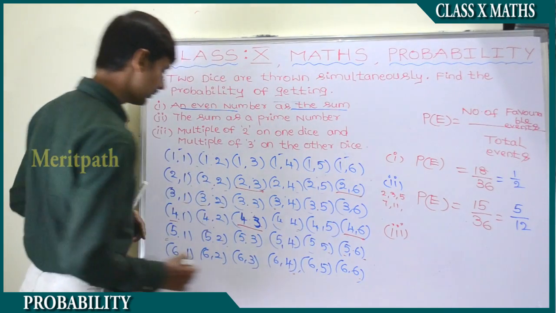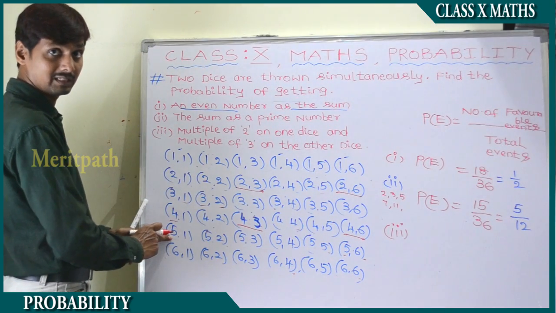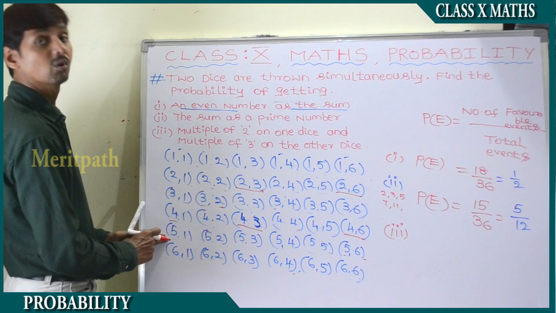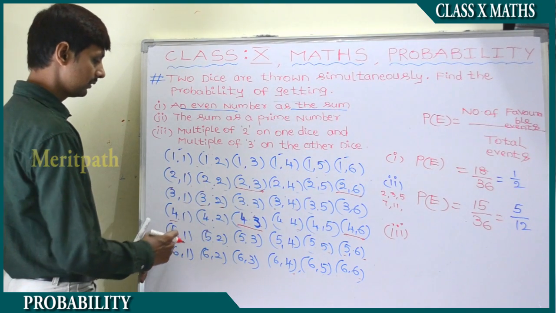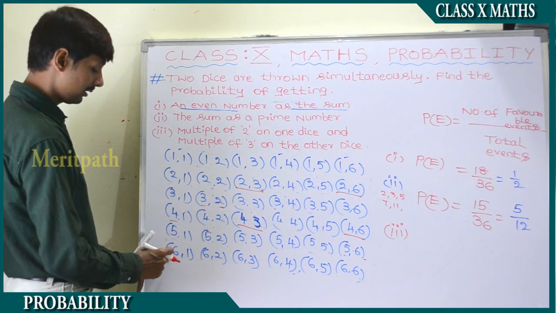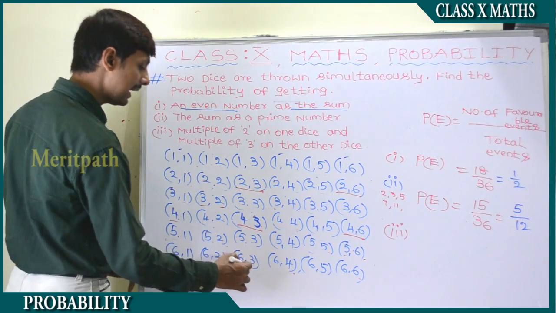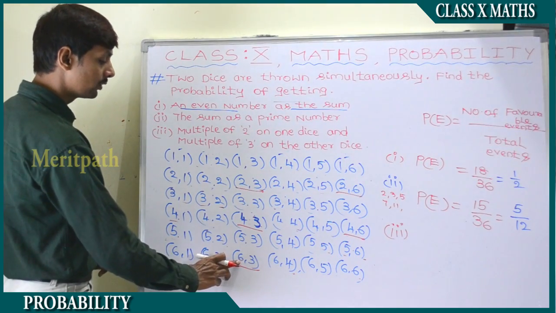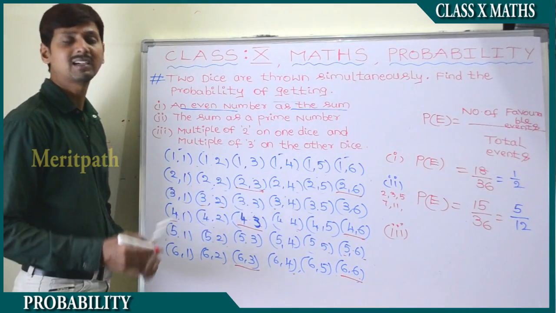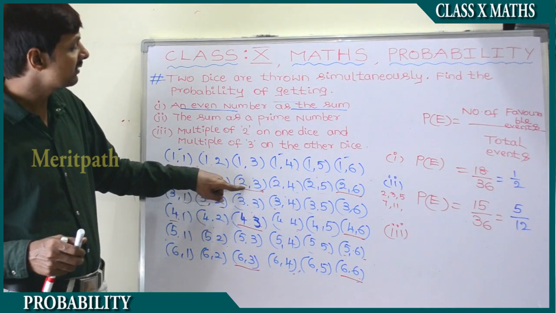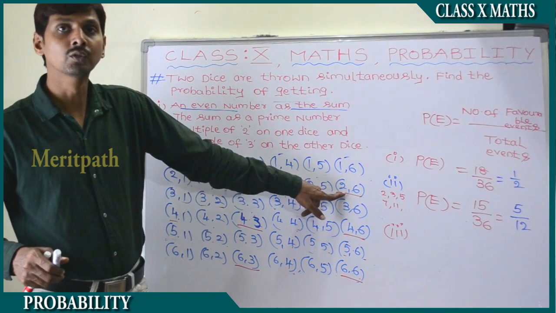And 4, 6, let's say it's not possible, because 5 is not a multiple of 2. So this row is not possible. And for the second, the next multiple of 2, yes, it's possible. And multiple of 3, this is okay. Multiple of 2 and multiple of 3. Let's recall again: 2 is a multiple of 2 and 3 is a multiple of 3. 2 is a multiple of 2 and 6 is